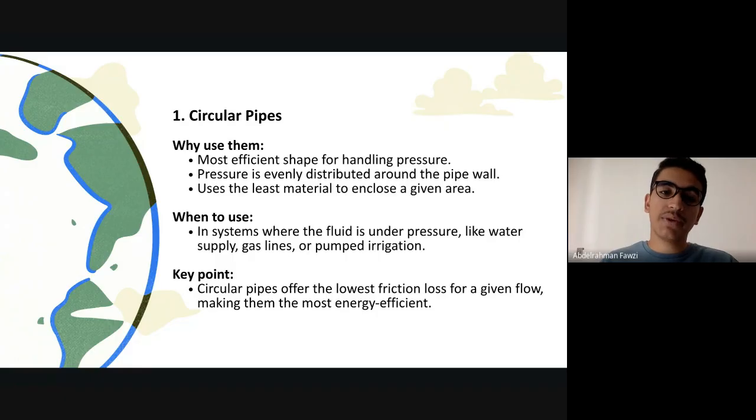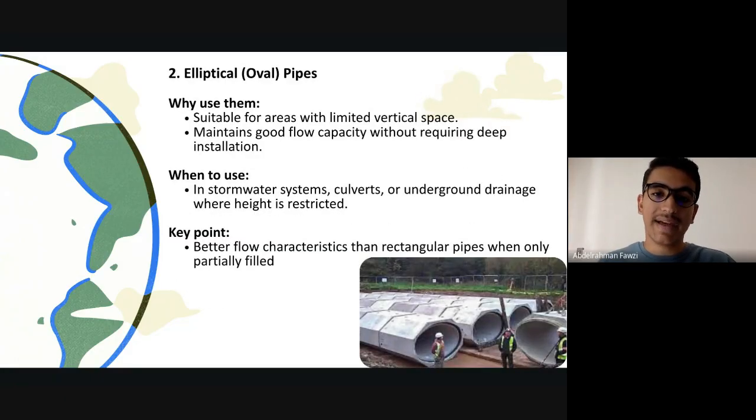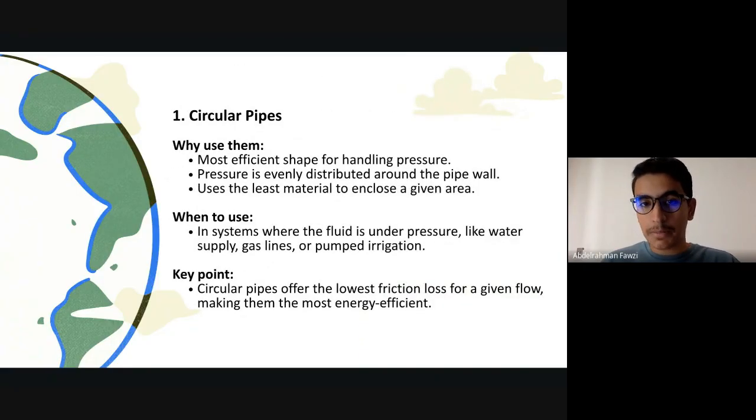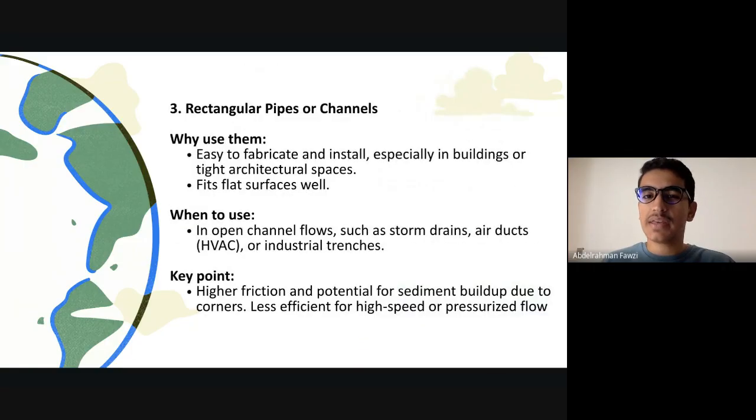Going to the pipes, we have three types: the circular, the elliptical, and the rectangular. So the circular pipes are the very common configuration. They are effective because they are very energy efficient, and also they can handle highly pressurized fluids like natural gas, the water supply, and so on. And there's another thing: they require lower maintenance costs than the other configurations because they can endure, as we said, the high pressure and the friction values more effectively than the other pipes.